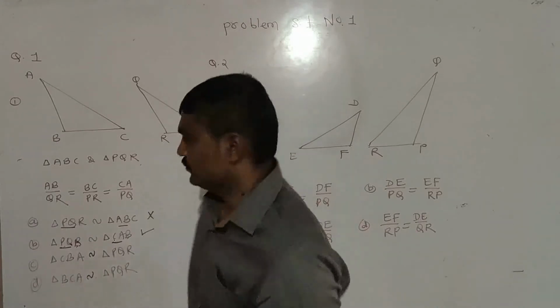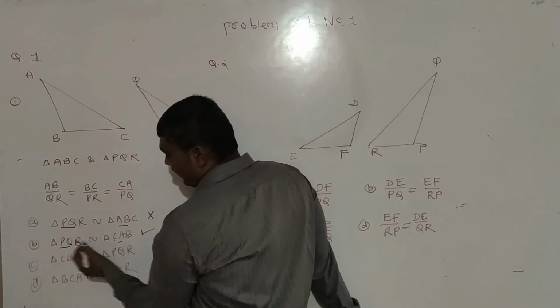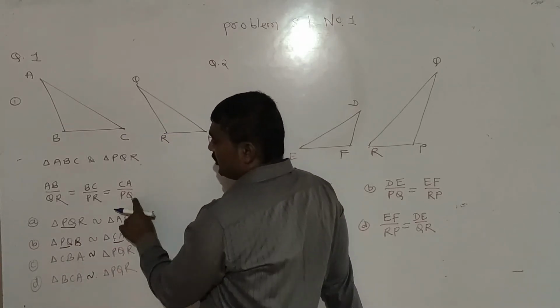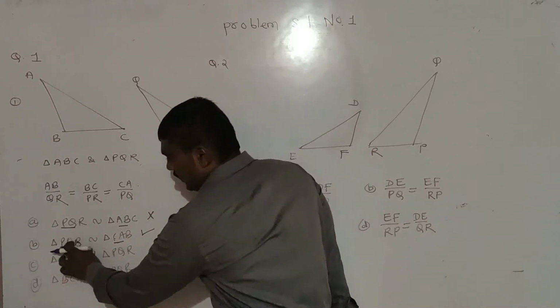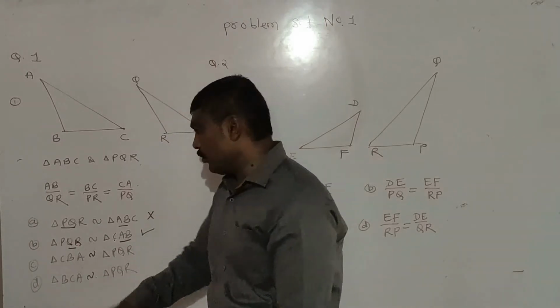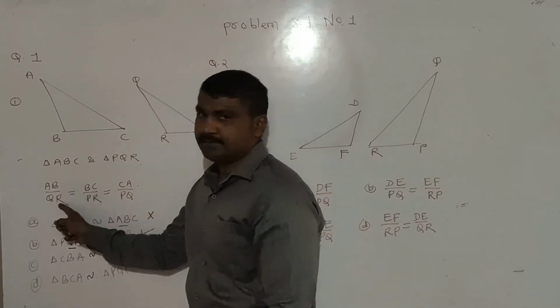Again I am telling you, see यहाँ पे PQ का पेयर क्या है? CA. So PQ and CA should be there. चेक करो PQ और CA. So यहाँ पे PQ और CA. अगर हमने QR लिया तो यहाँ पे क्या लेना चाहिए? AB लेना चाहिए. चेक करो QR और AB साथ साथ में है क्या? QR and AB, QR AB.